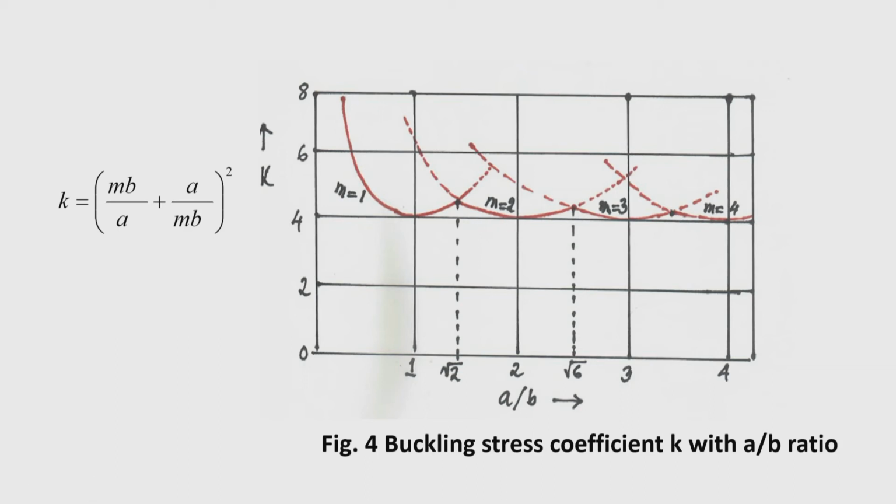Okay. Now, any other value in this curve. So, m is equal to 2, this is the curve for buckling coefficient for m is equal to 2, and this curve has to be considered for finding the critical stress for the plate within the aspect ratio root 2 to root 6. Okay. Like that it will go, and at a very high value of a by b ratio, you will get that this buckling stress coefficient is almost nearly 4. Okay. Now, let us see.